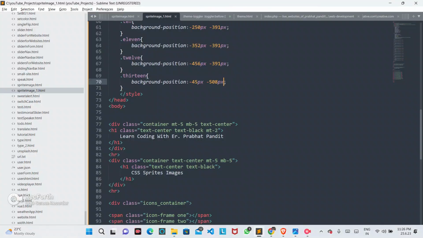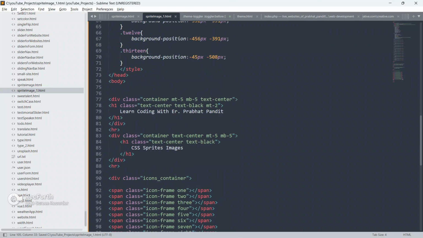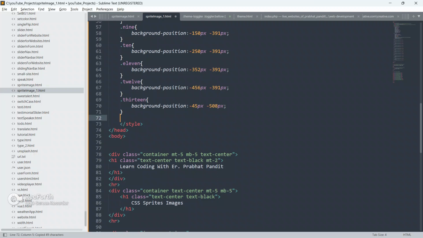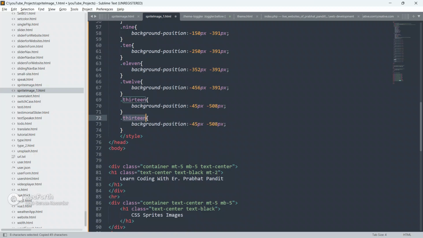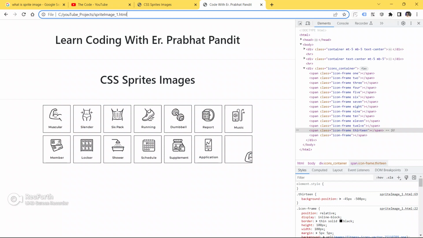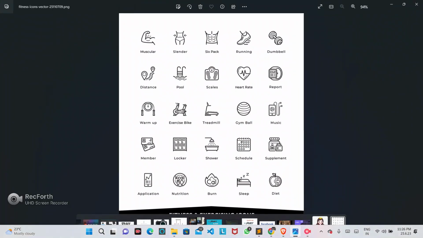Okay, so after application, next is nutrition. So make another class as 14. Go up, copy it from here and make it as 14 also. Save your code, go to the browser and refresh your page.